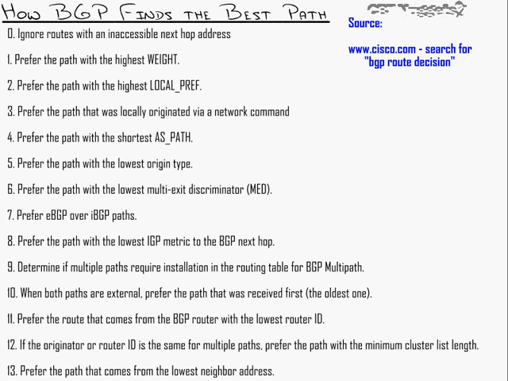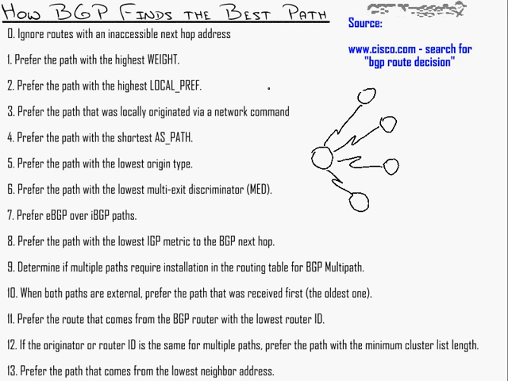So here's the scoop. BGP receives these routes. Let me just grab my pen here and draw a little bit. You might have an ISP router that has connections to all kinds of other routers, so it's going to be receiving the same internet route from all sorts of different neighbors. Now, if you're receiving the same route from 4 different neighbors, the process that BGP goes through to find the best way to get there is, number one,